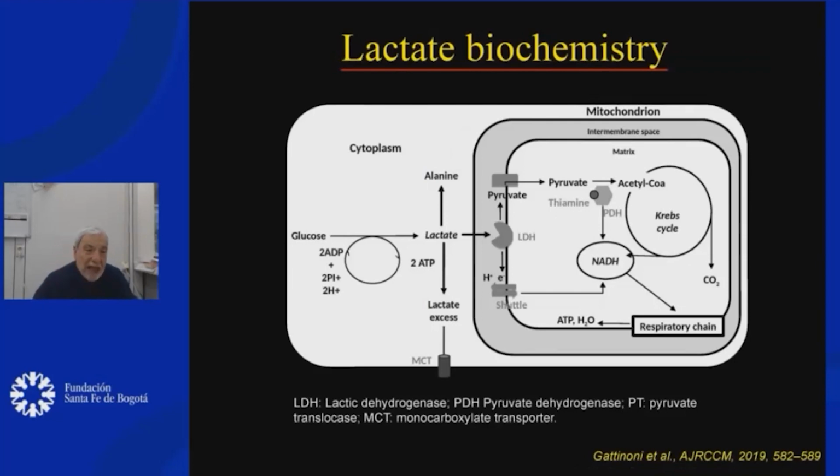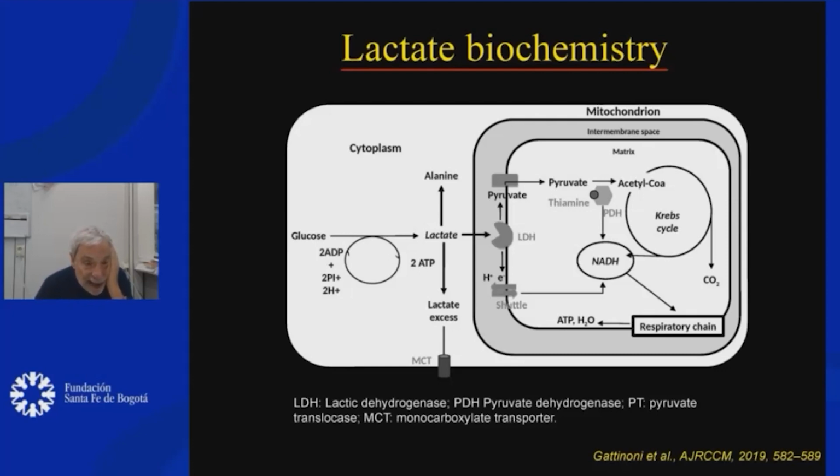picture, because it's quite important, I think. Let's see, we have a glucose. This is a cytoplasm. We have a glucose, and the natural end of the glucose is lactate with the production of 2 ATP. Okay? 2 ATP, phosphate and hydrogen, which are immediately reconverted to ATP. So from glucose to lactate, we don't gain and we don't lose any proton in the